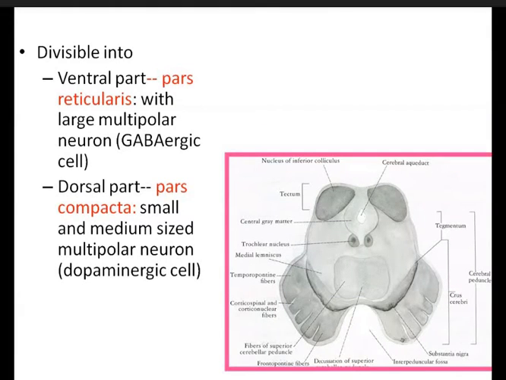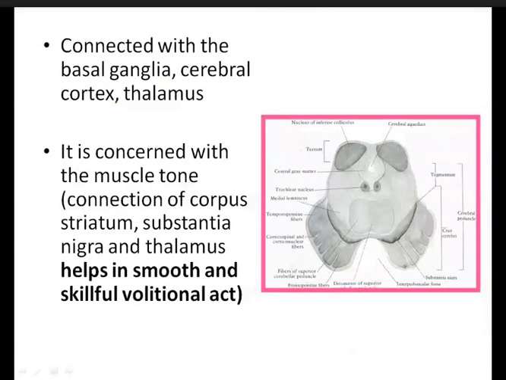So the substantia nigra is divisible into pars reticularis or the ventral part and pars compacta or the dorsal part. The dorsal part consists of dopaminergic cells. If there is any lesion in relation to the dopaminergic cells, the person will develop Parkinsonism. So this is the clinical importance of the substantia nigra, and it is connected with the basal ganglia, cerebral cortex, and